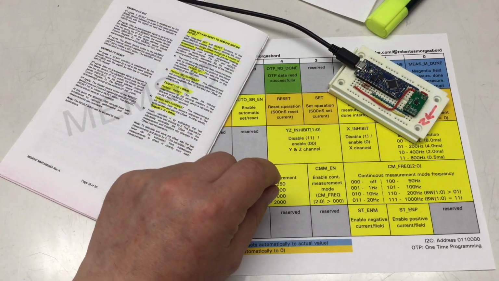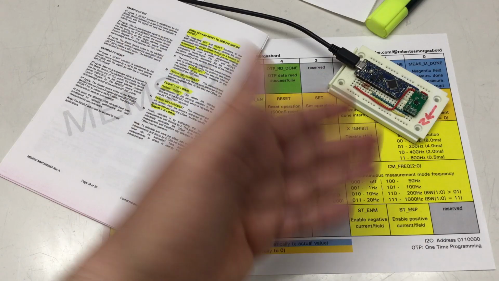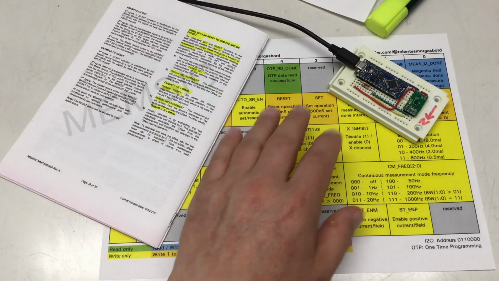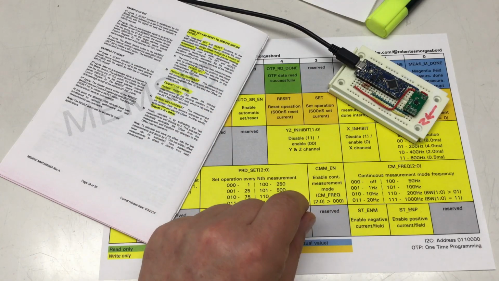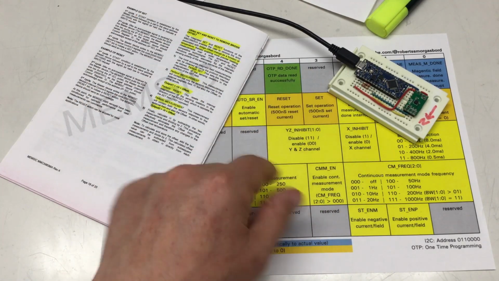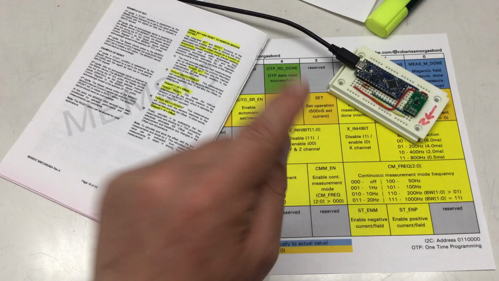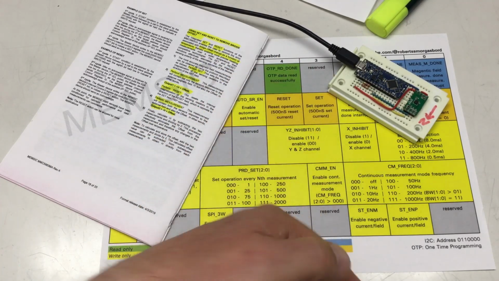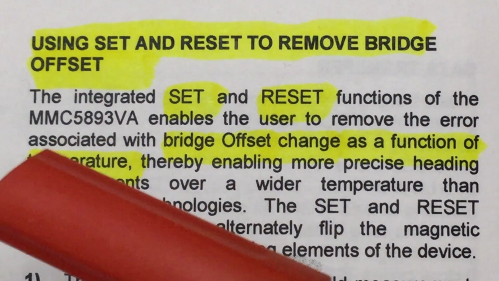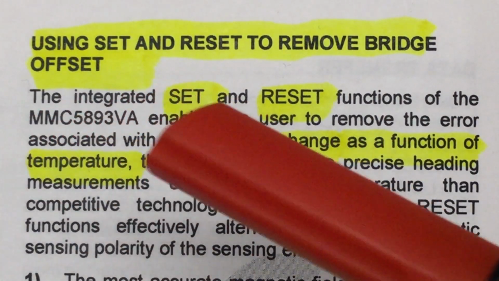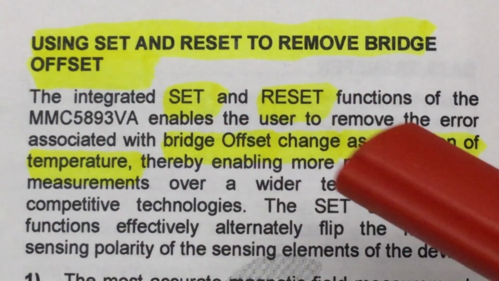And I promised you back then that we will talk today about temperature compensation, to be more specific, temperature compensation for these Wheatstone bridge offsets we measured last time. So enjoy! We already had a look at this very briefly in the using set and reset to remove bridge offset chapter